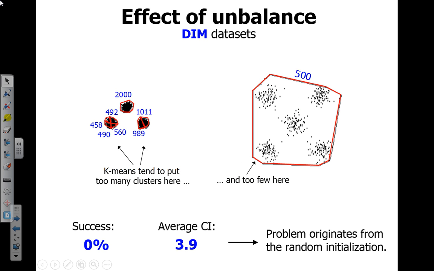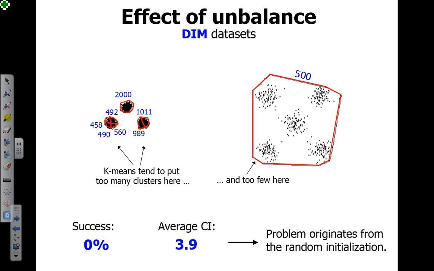Okay, let's move on to the fourth question, and this is the imbalance of cluster sizes. Here we have only one data set. It has 8 clusters, 3 dense ones on the left and 5 sparse ones on the right. So what happens with K-means using random centroids, random points, as a starting solution? Well, this is what happens.